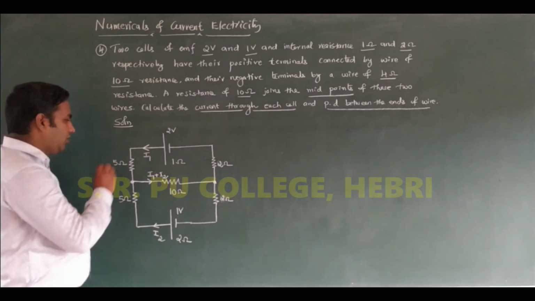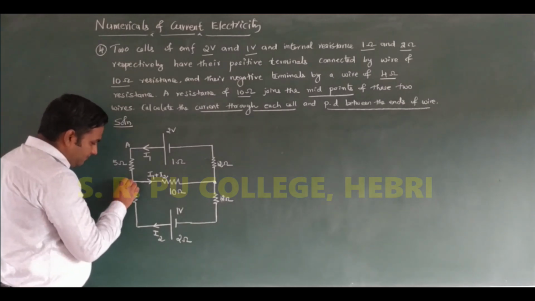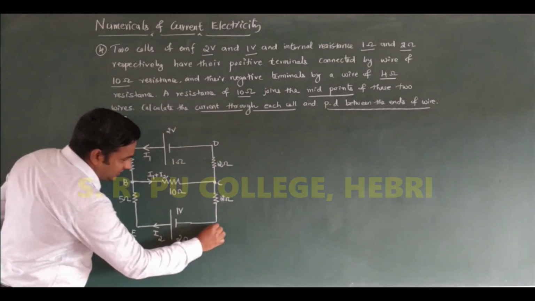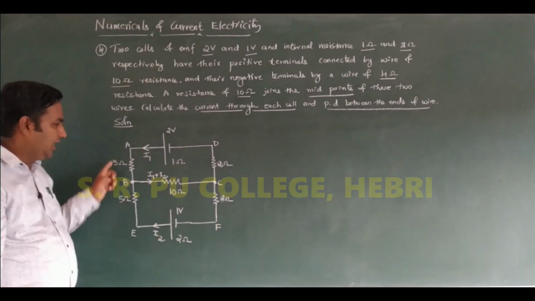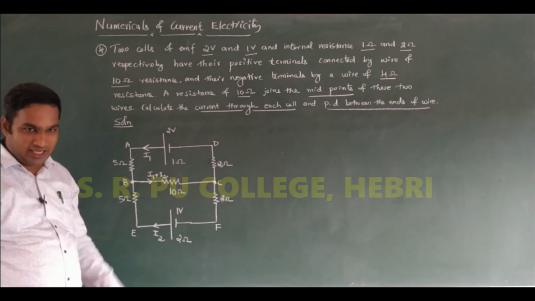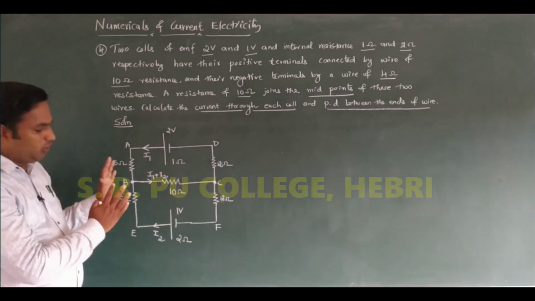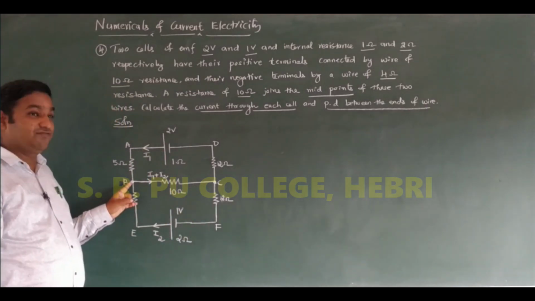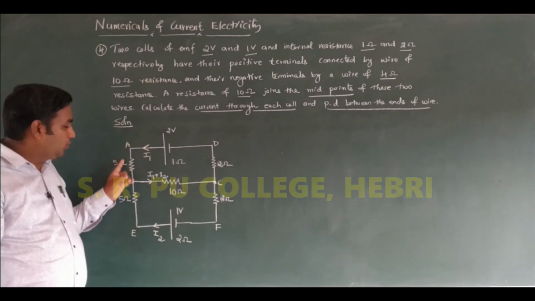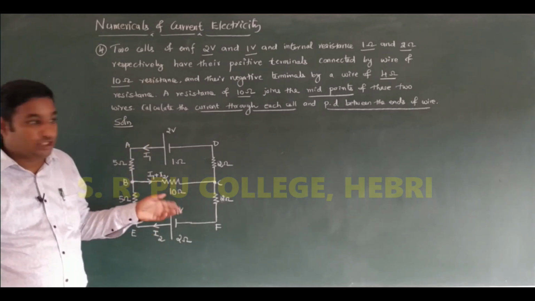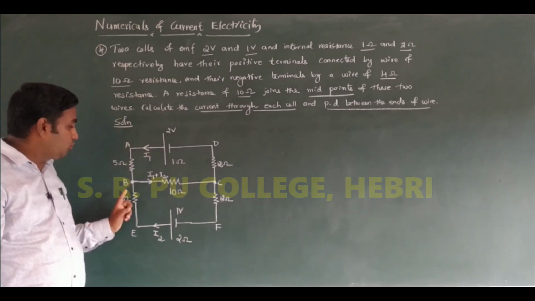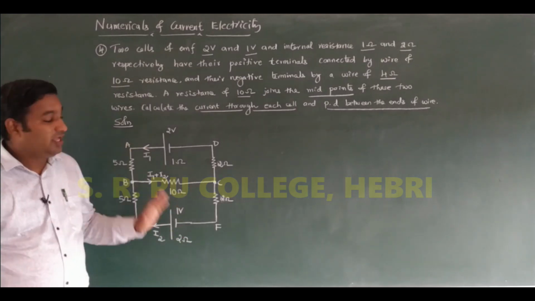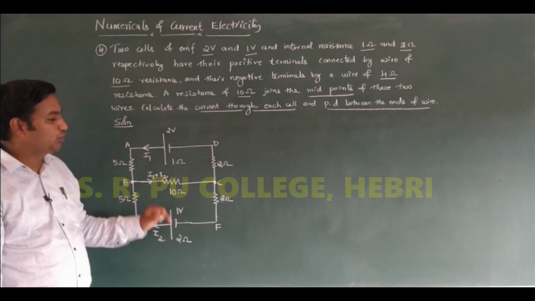Again, I name the corners. I name them like this: it is A, it is B, it is C, it is D. This one is E, this one is F. I name the corners like this: A, B, C, D, as well as E, F. By using this simple network or circuit, we have to apply Kirchhoff's loop rule. I already considered Kirchhoff's junction rule here. I1 current entering, I2 current entering. Entering current is taken as positive, leaving current is negative. Automatically these two together provide a main current equal to I1 plus I2 that is flowing through the 10 ohm resistor. And again, you have to apply Kirchhoff's loop rule to the two important loops.